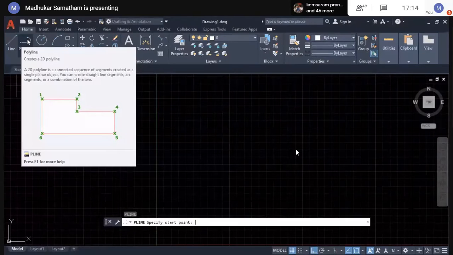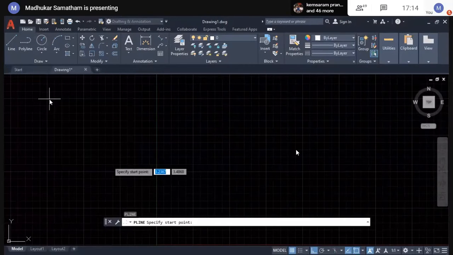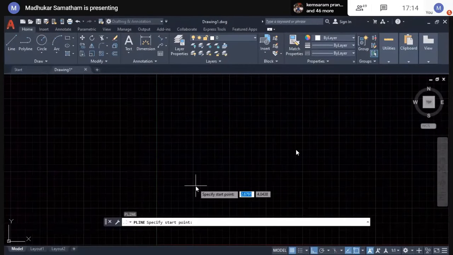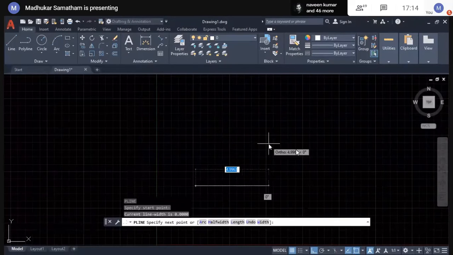Specify the starting point. You can use a coordinate system or else click anywhere. When you are specifying the next point, it shows you different options: arc, half width, length, undo, width.